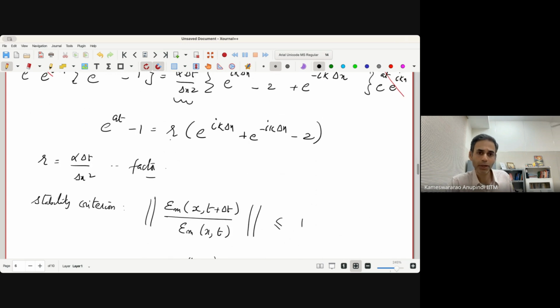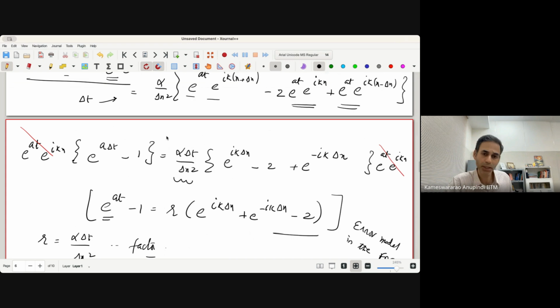Fine. Now going back, this is the error equation we obtained by substituting the error model in the finite difference equation. From here, I want to study how e to the power a t behaves. For that, I need to simplify this. So let me write down this equation again. What we have is